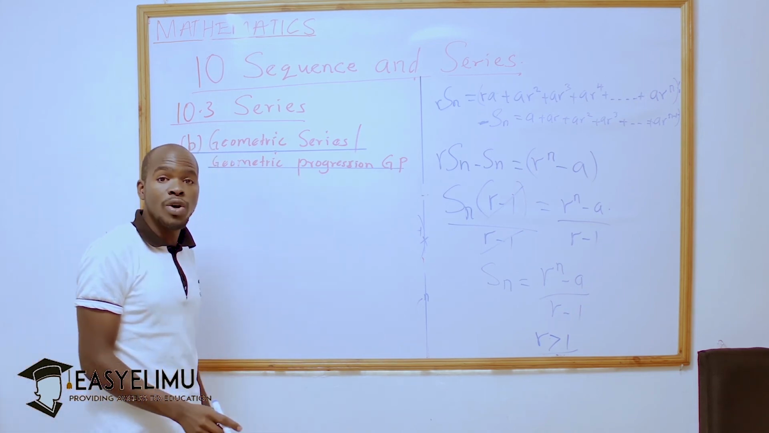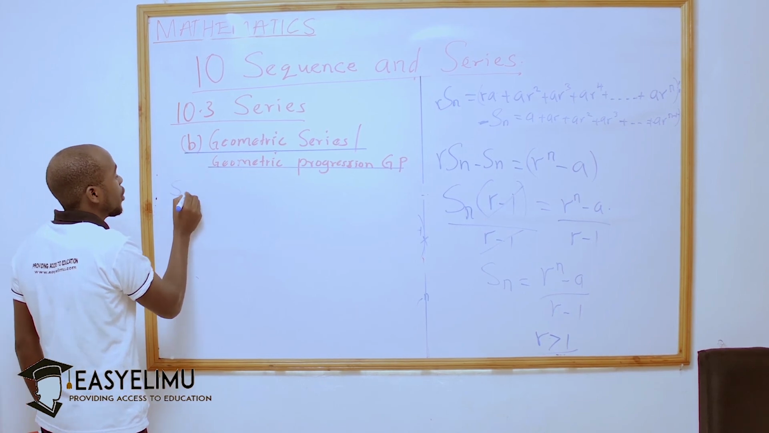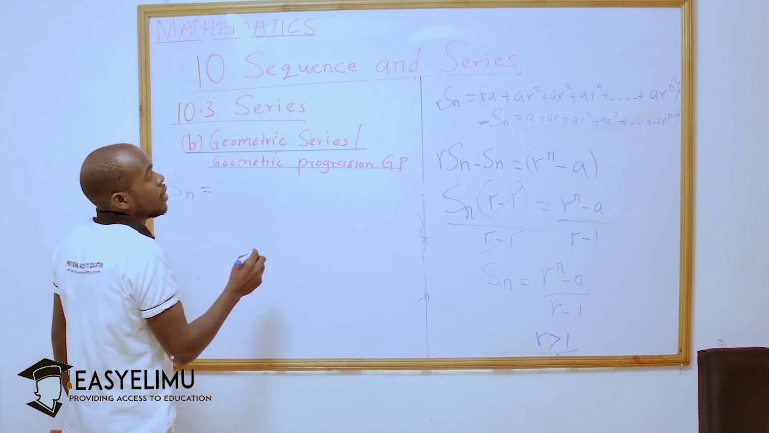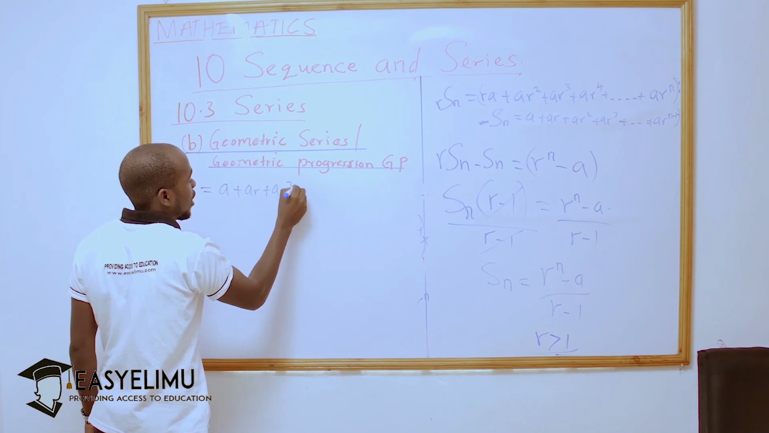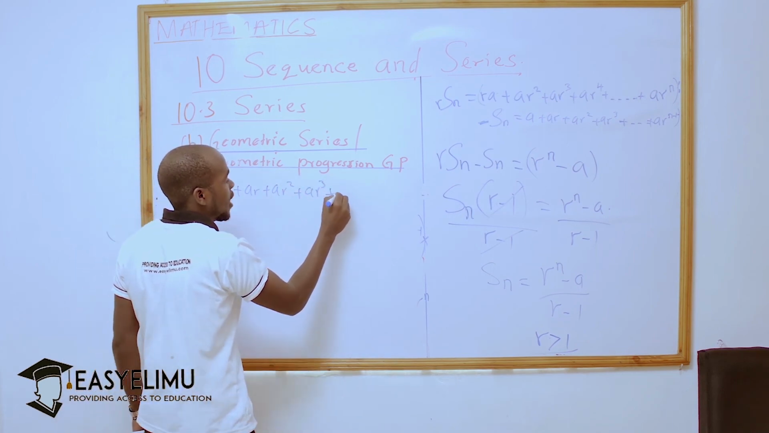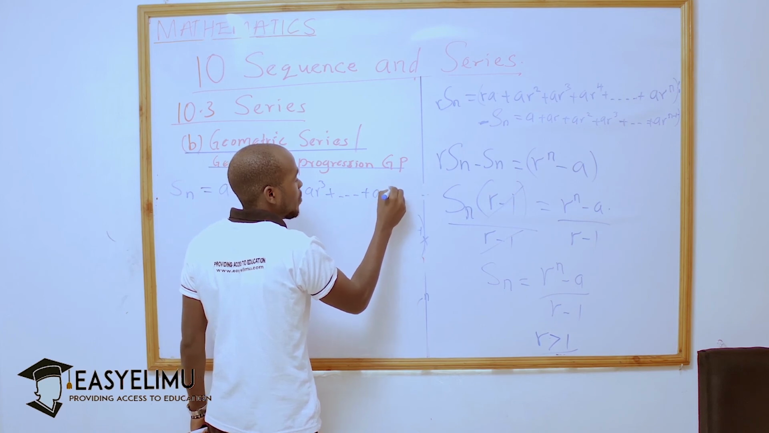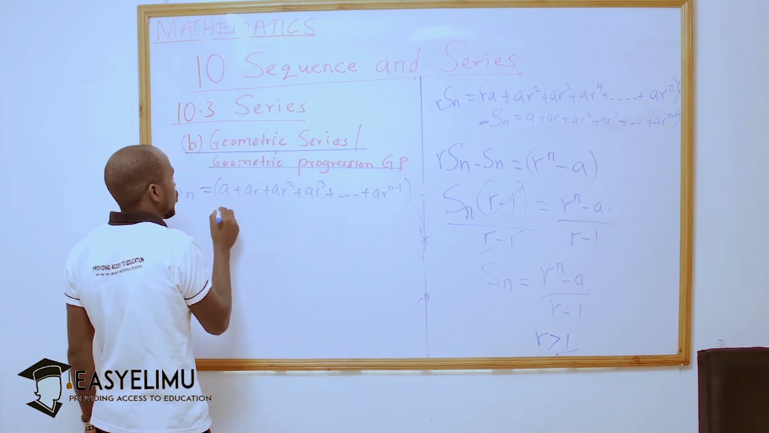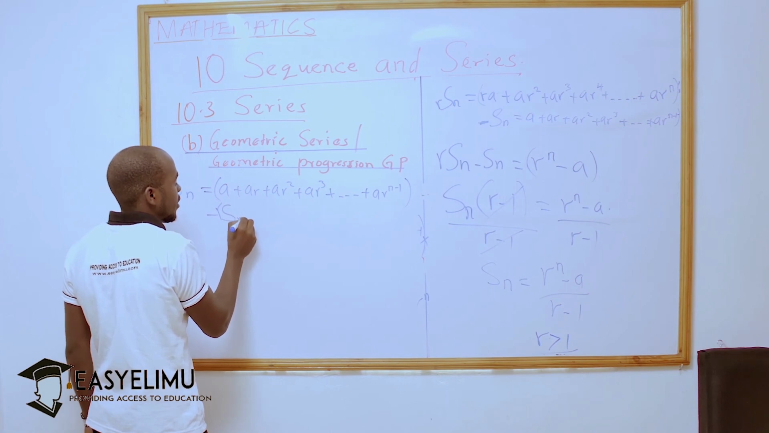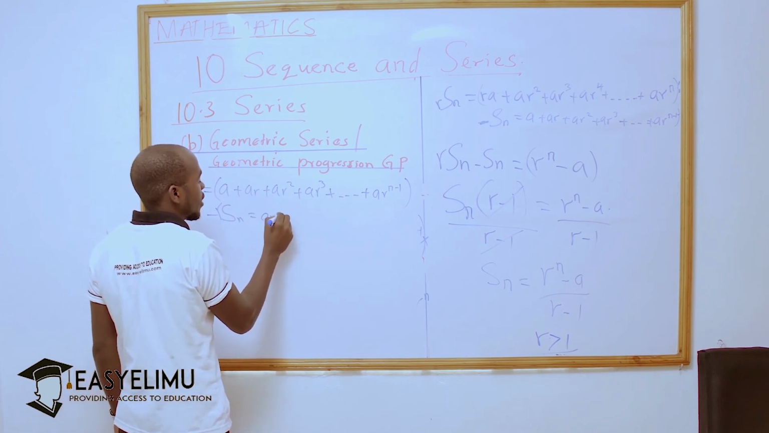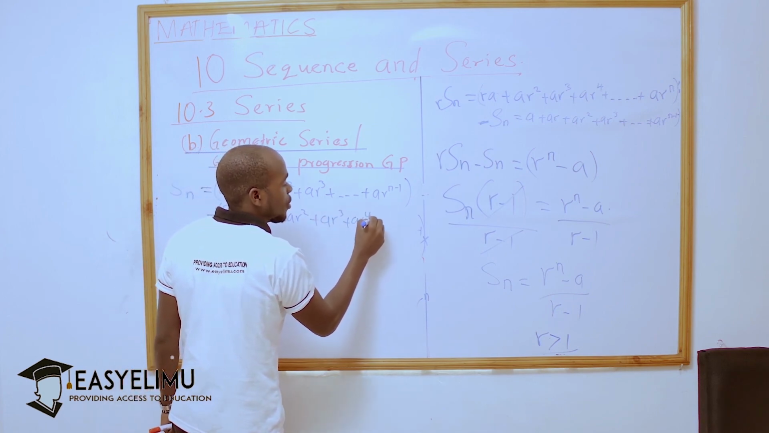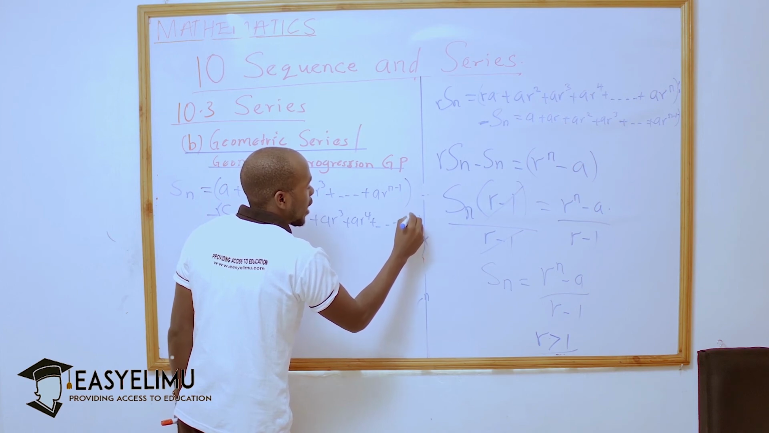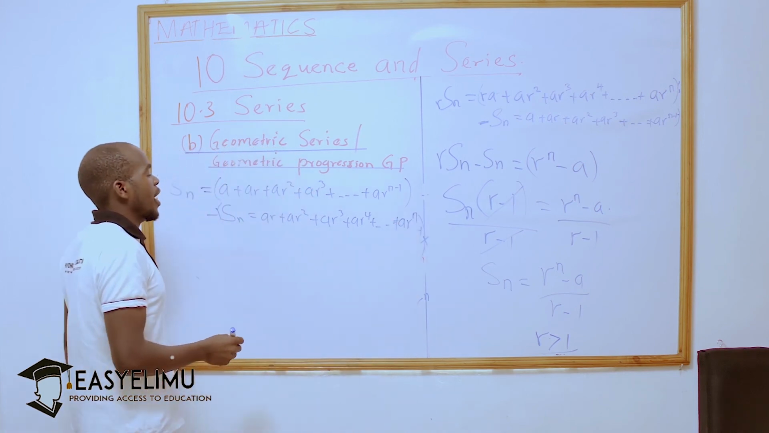If you subtract equation 2 from 1, then you are going to end up with Sn is equal to, now we are taking equation 2, which was A plus AR squared plus AR cubed plus up to ARn minus 1. So if we subtract Rsn, which is equal to AR plus AR squared plus AR cubed plus AR raised to 4, and then we add up to AR raised to n, we are going to end up with,